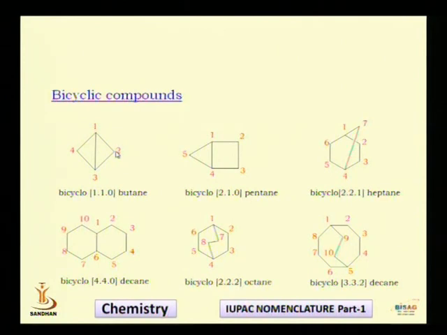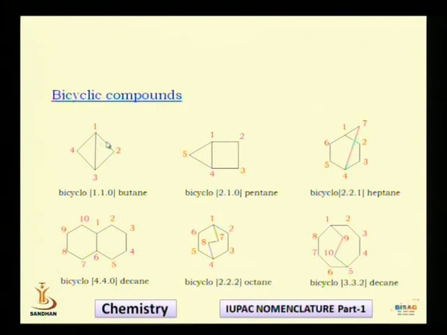So I am going clockwise, I am numbering this 2, I am numbering this 3. Again return back. So this is the path by which I am returning. So I am numbering this as a 4. So this is my total numbering. Now how we have to fill the square bracket? We have to count the number in the first half. See, this is my complete cycle, 1, 2, 3 and 4. This square, it is a complete cycle, full cycle. This is my first half cycle. This is my second half cycle.